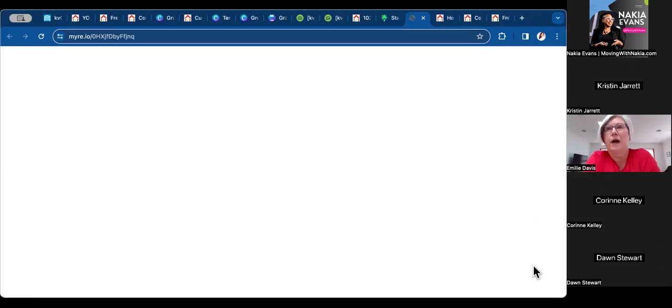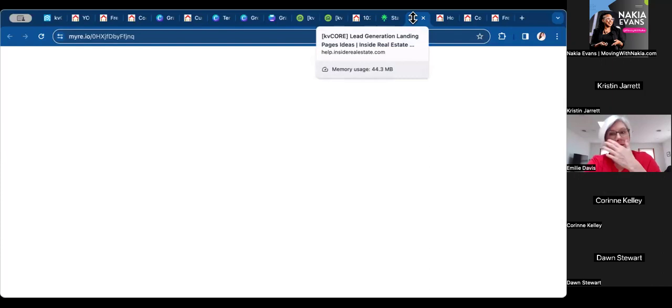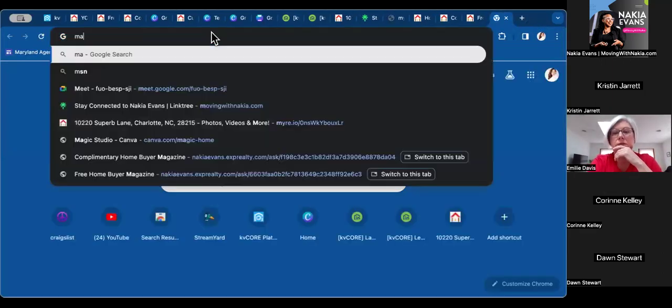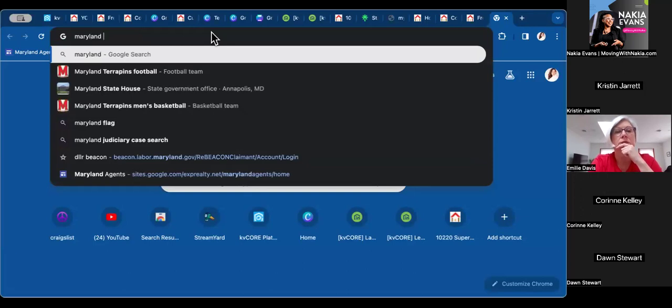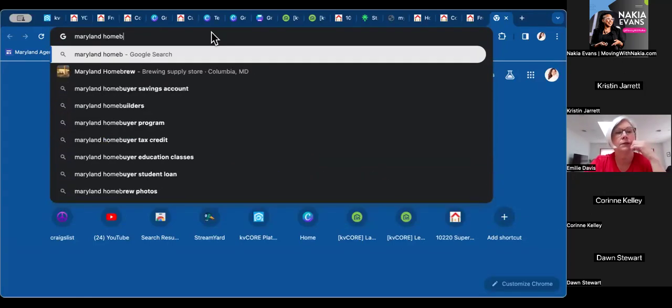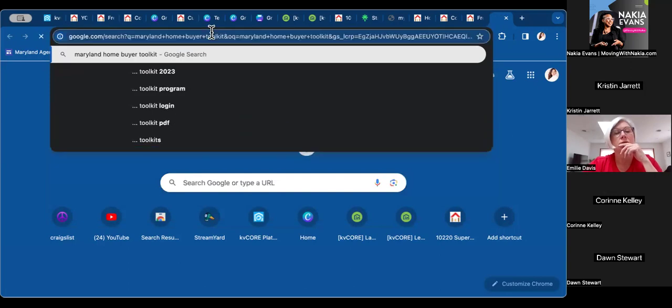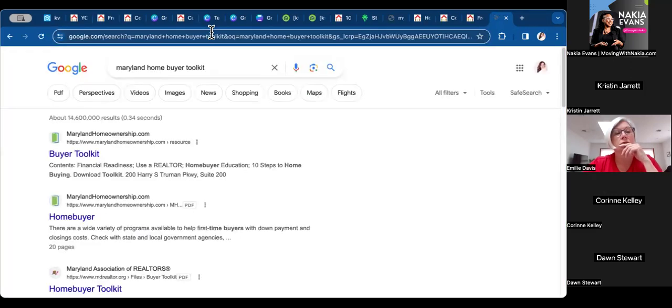So Nakia, in your buyer and seller toolkit, is it basically a one-page PDF or is it really a toolkit with multiple pages? I'll show you what it is. How about this? I did this when I was in Maryland. So this is a good idea too. Thank you for bringing this up. The Maryland Home Buyer Toolkit, like HUD or MarylandHomeownership.com, is a consumer website